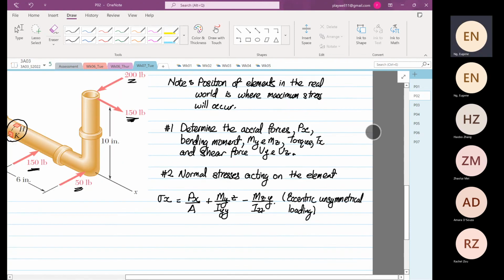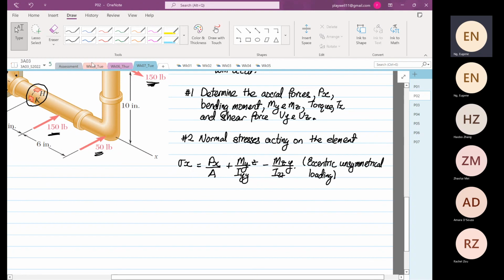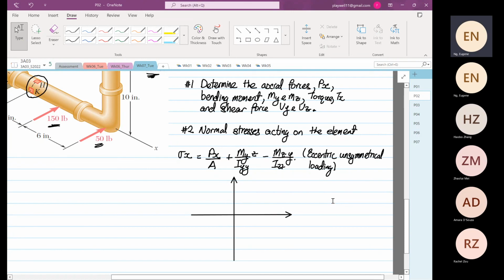Okay. So if we were to plot out the distribution now, we're going to sketch out the distribution. So if we have normal stress on our x-axis, then we have our y-axis. So this is our stress x. This can be our y or z. And we know that the distribution, this is just a sketch, okay? The distribution will look like this. So we have compression,